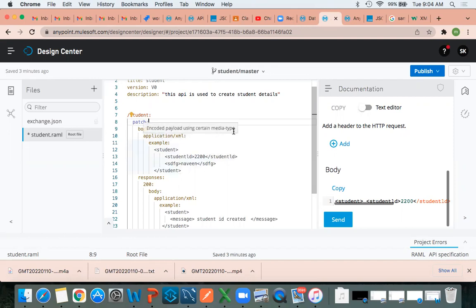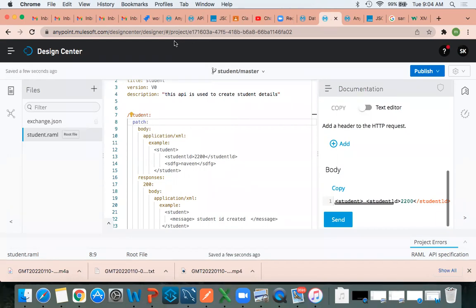What I'm saying is, in what way will we get the request to apply the patch? See, first of all, do you know what patch is? In which scenario do you want to use it? To update existing data, you said. Then we don't have any existing data here, right?